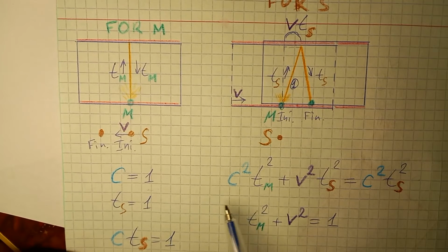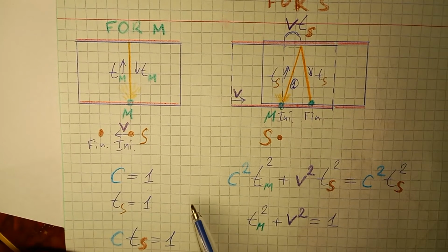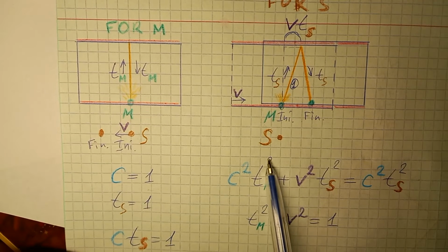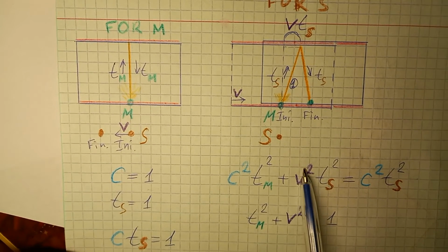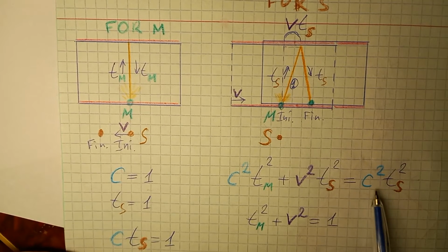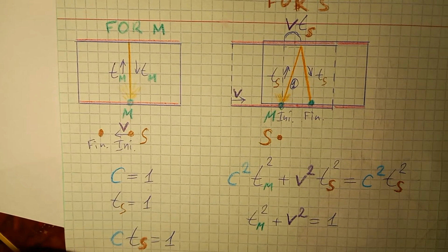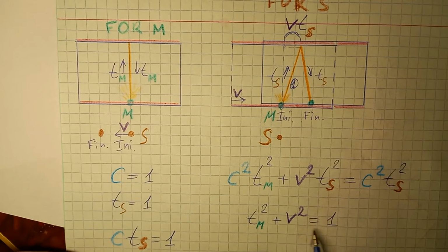So we have, due to the Pythagorean theorem, the following expression: c squared times tm squared plus v squared times ts squared equals c squared times ts squared. And if we have c equals 1 and ts equals 1 and c times ts equals 1, we have the following expression: tm squared plus v squared equals 1,